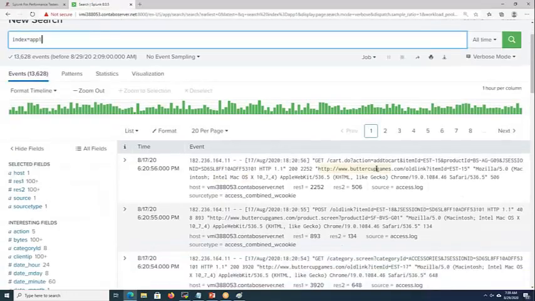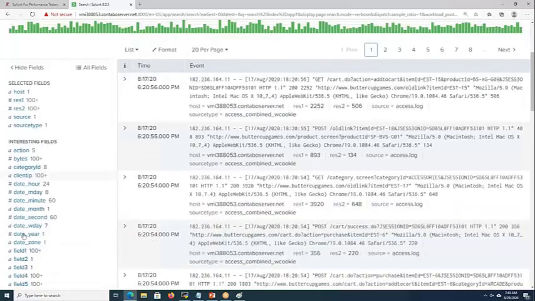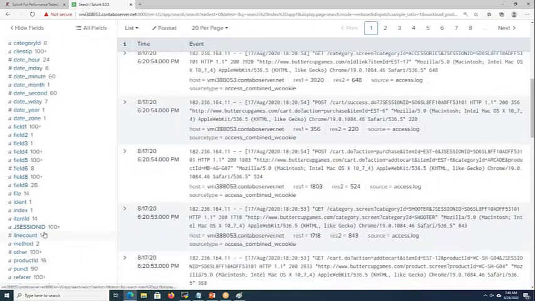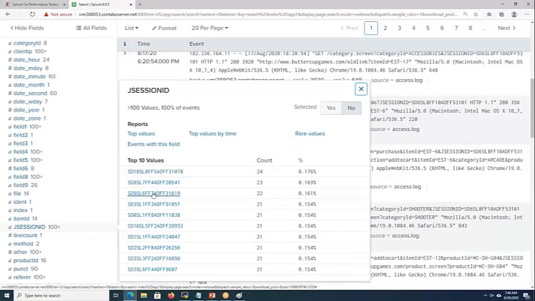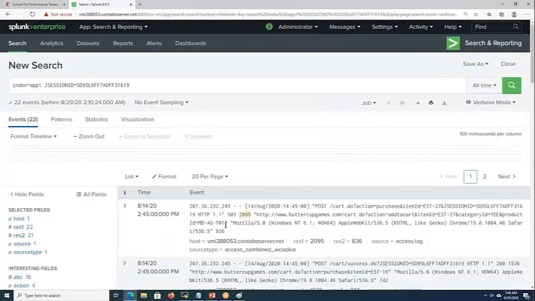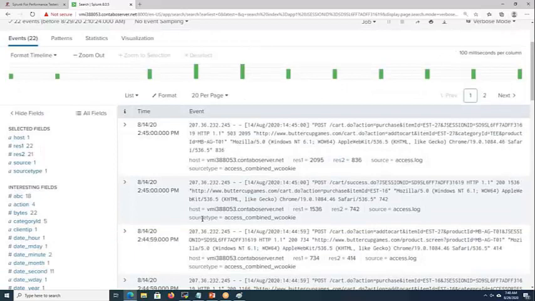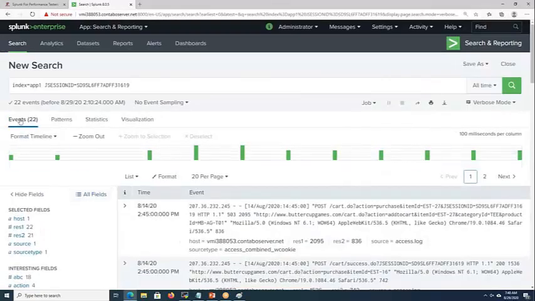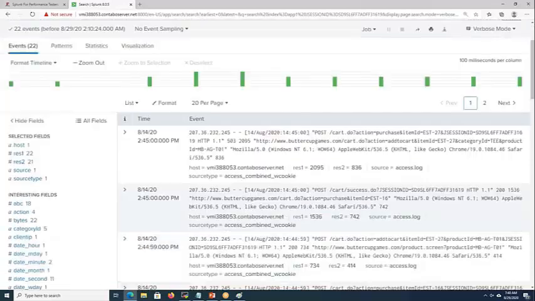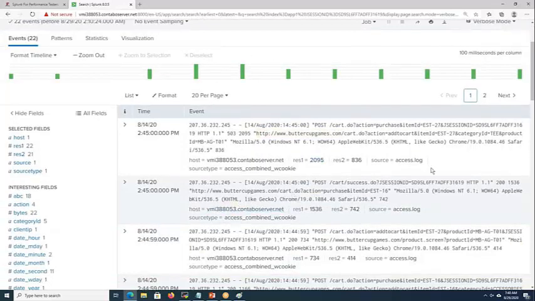Extract the fields is something like, here I am getting this data, right? I'm getting some action equal to add to cart, item ID equal to this one, product equal to something, right? I have to get these things, and this value should be stored in some variable. Let us assume there is something called JSession ID, which holds the session ID. If I want to search anything related to this session ID, I will just click this one, and all the logs pertaining to that particular JSession ID will be displayed. There are around 22 events for that, 22 actions that have been performed as part of this JSession ID.